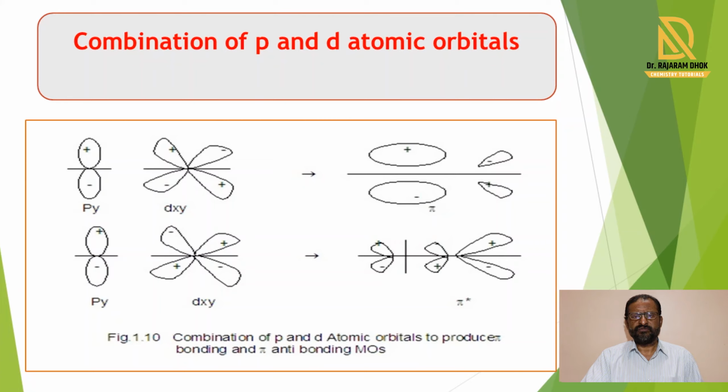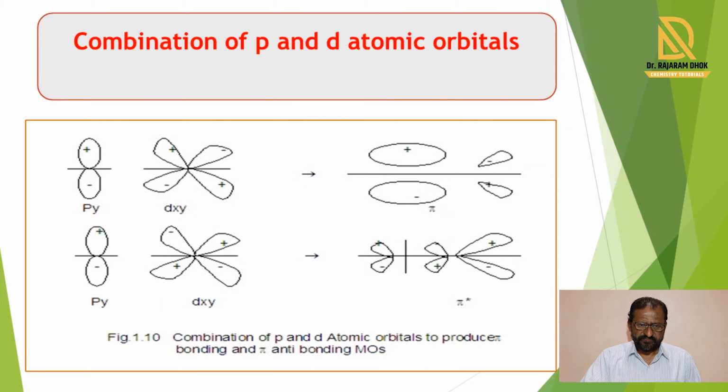So when these atomic orbitals combine with each other, then a large number of molecular orbitals are formed. But considering the symmetry of those atomic orbitals, only certain atomic orbitals have matching symmetry and form bonding and anti-bonding orbitals, and the remaining atomic orbitals remain non-bonding. So for that purpose we take some examples. Remaining possible combinations you can see at home for